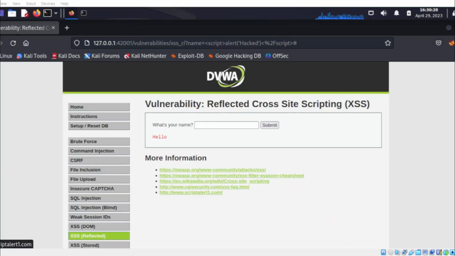Now we will see a demo of XSS. Cross-site scripting is a type of web security vulnerability where an attacker injects malicious code, usually in the form of script, into a web page viewed by other users. The code is executed in the victim's browser, allowing the attacker to steal sensitive information or perform unauthorized actions on